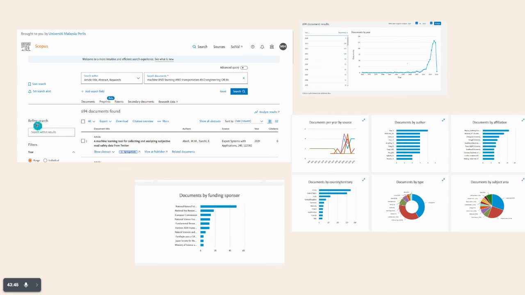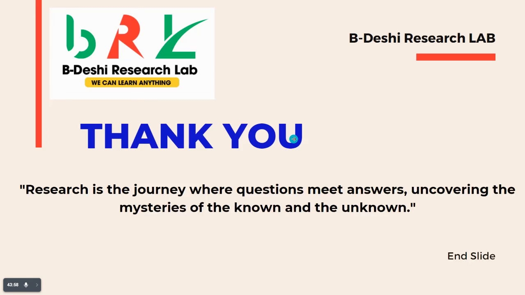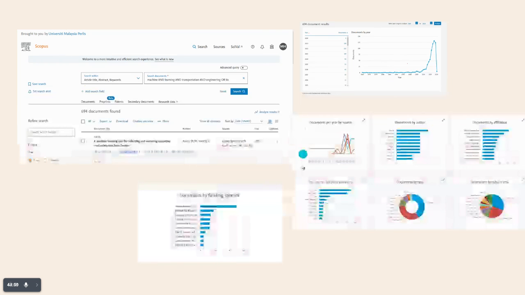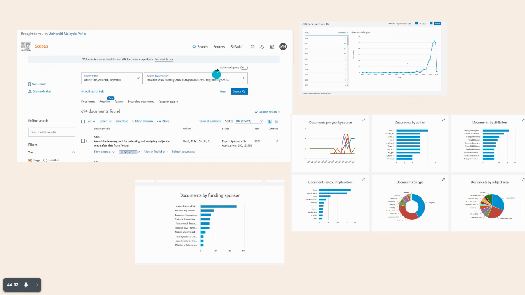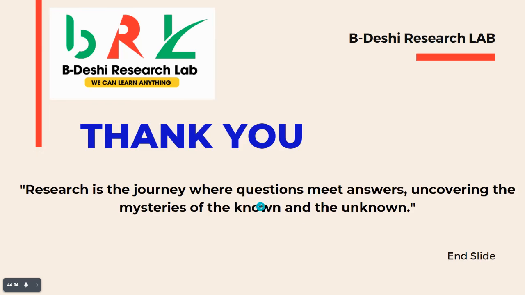Here you have the refine option for search, and you can also sort your data by the different filters you can use here. After that you can get the data here. All right. So I think that's all for today's bibliometric class. So in the next video,